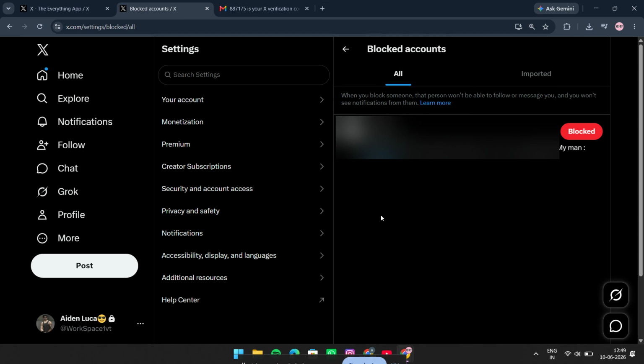your account. If you were looking for a way to see who you've blocked on X, that's all there is to it. You just go to More, then Settings and Privacy, then Privacy and Safety, then Mute and Block, and